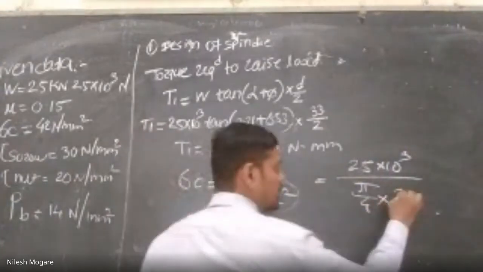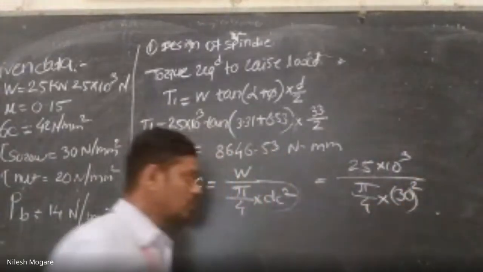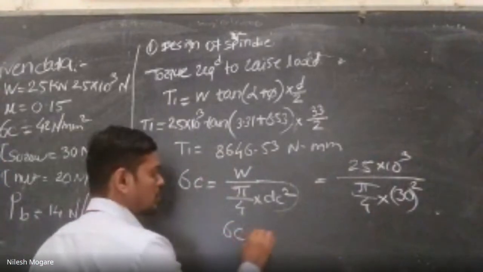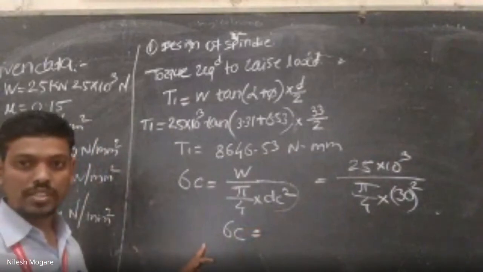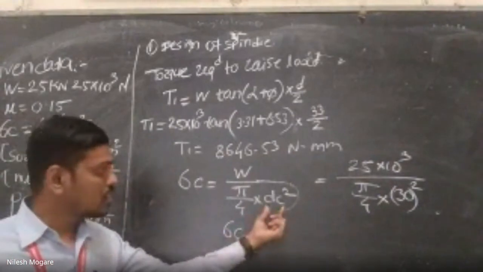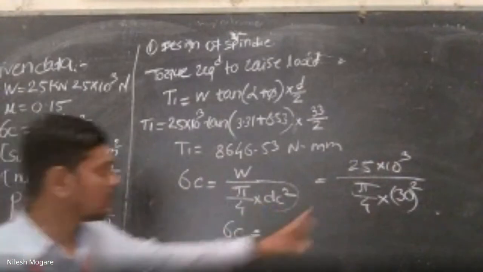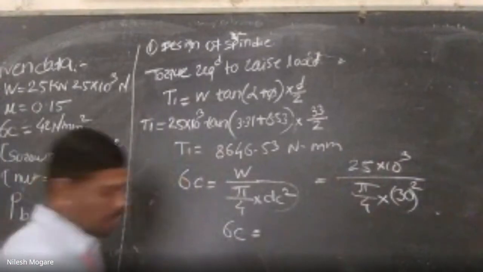And then we have to check the induced compressive stress by considering DC equals to 30 mm. So if we calculate it, the value of sigma c will be 35.36